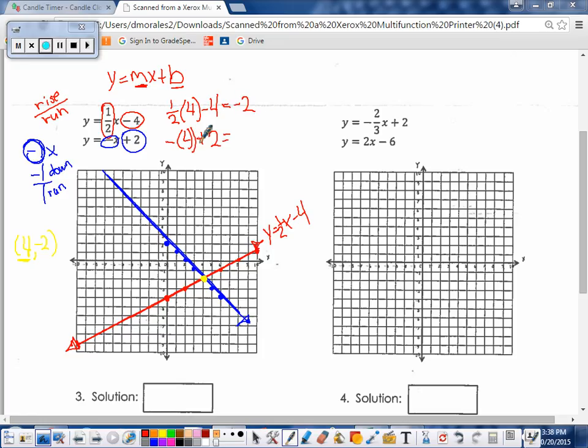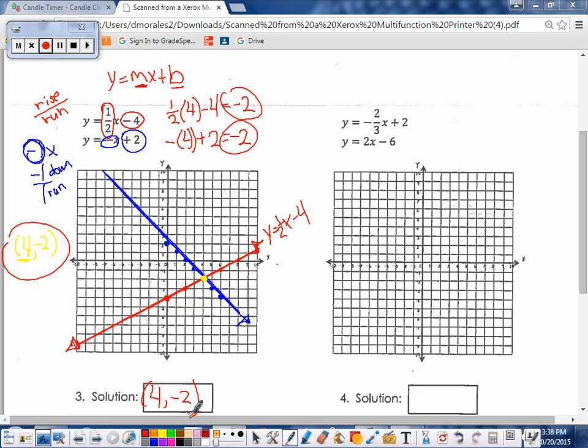-4 plus 2 is also -2. So I just proved that this is truly my point of intersection. So both graphs intersect at (4, -2). That was pretty fast and easy, but let's go ahead and make sure we really know how to do this